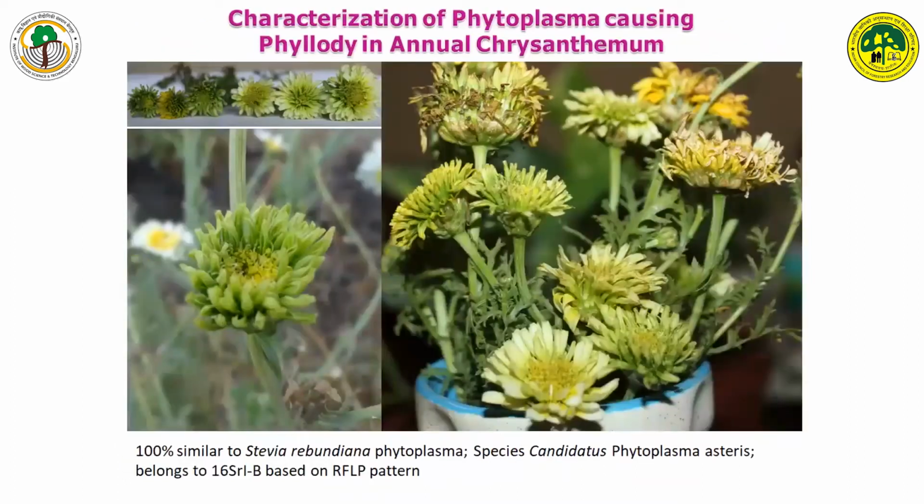In case of annual chrysanthemum, these are the typical symptoms that we have observed in many of the annual chrysanthemum growing areas, mostly in the western part of India. These particular manifestations I have not seen in Delhi when I was working with annual chrysanthemums there. What I could perceive is that temperature plays a major role. In chrysanthemum as well, when we grow them during the peak winter, there are no symptoms of this